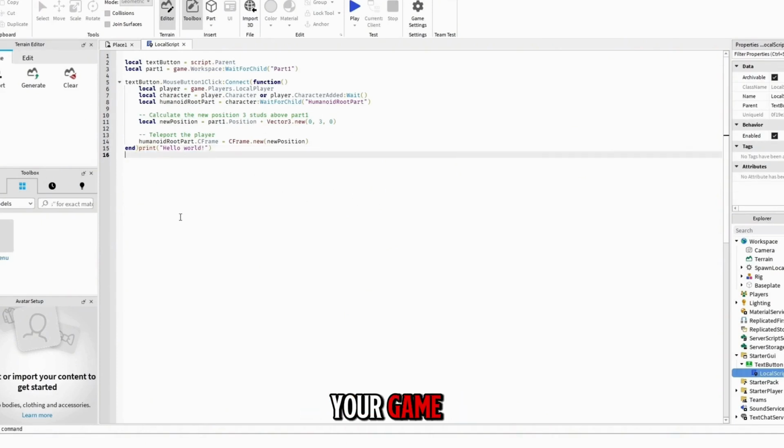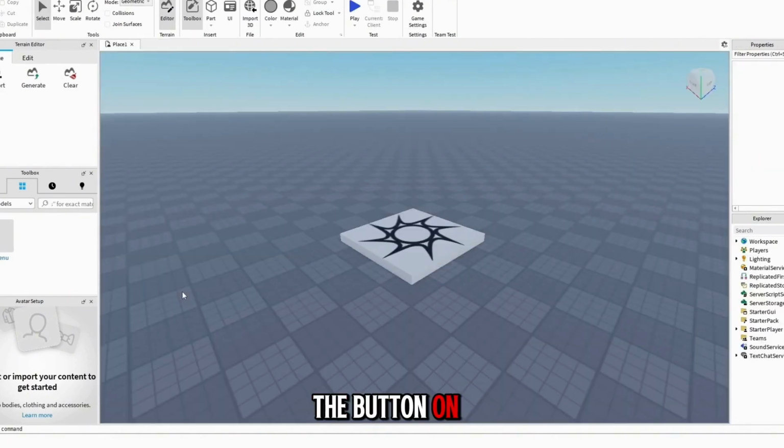Click play to test your game. When you press the button on your screen, your character should instantly teleport from part 1 to the destination you set, and just like that, your teleporter is ready. And that's it. You just made a working teleporter in Roblox Studio with only a part, a button, and a